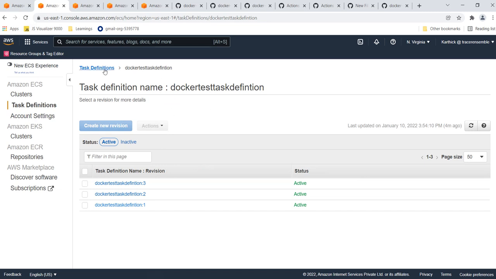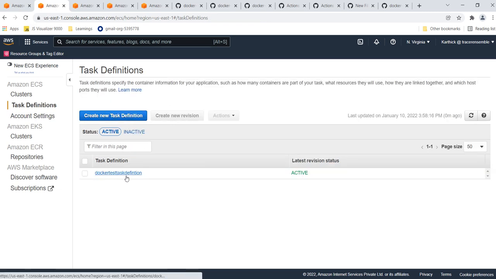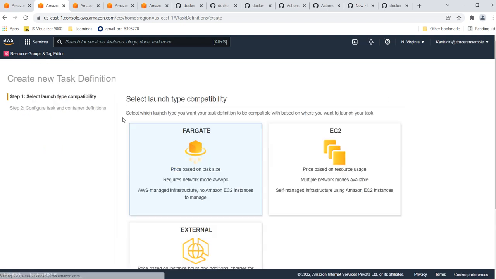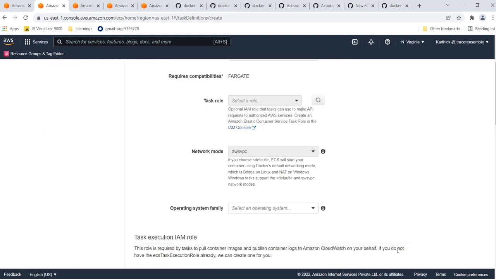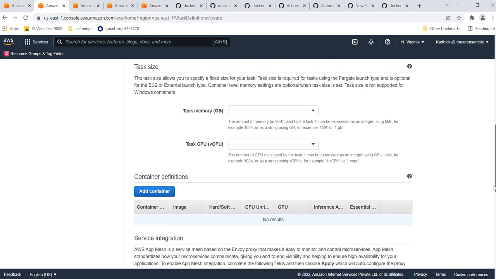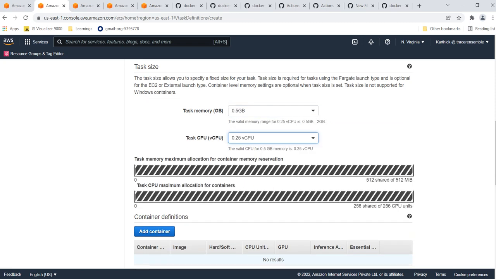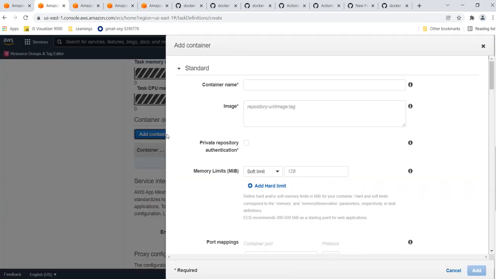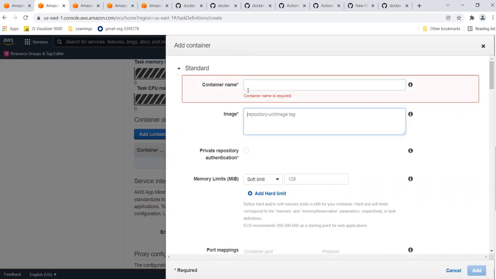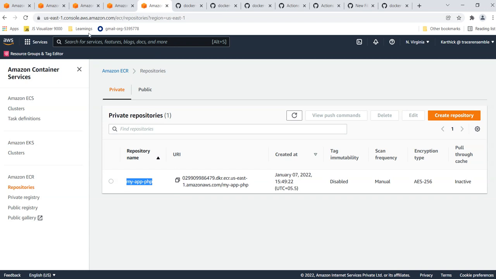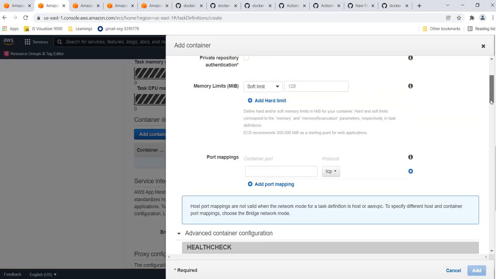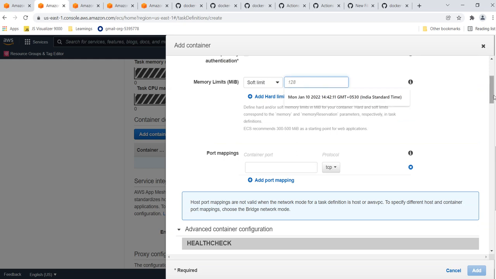And then the task definition. The task definition which I created is Docker task definition. Again, this is also of type Fargate, and I have the basic values, like the memory and the CPU, which are 0.5 GB and 0.25 virtual CPU alone. So this is the place where we have to specify the task memory and the virtual CPU. And here we need to map our container, like the ECR image. We need to give the container name and the image. The image URI can be copied from here and you can give it over here. And this is the memory limit you need to give, like what is the default memory limit for your application or for your image. And then port mapping, in which port you have exposed your Docker image, and the rest you can leave as default values.